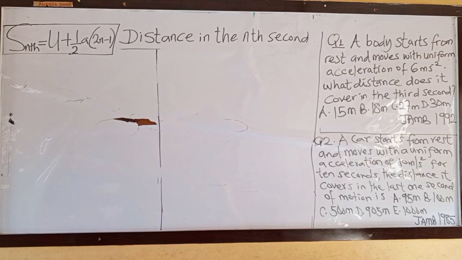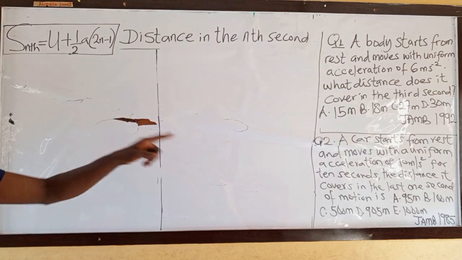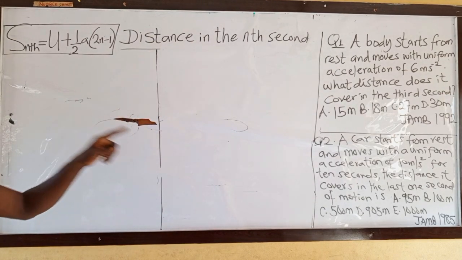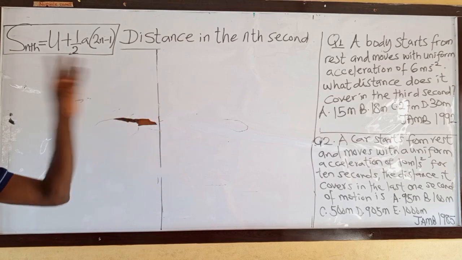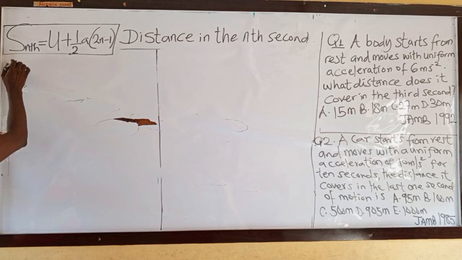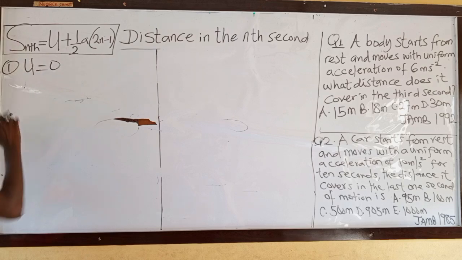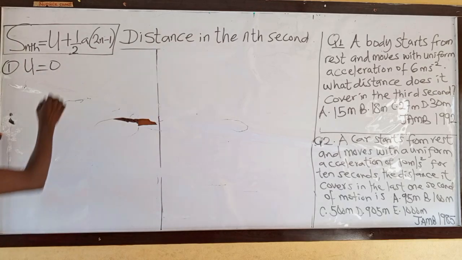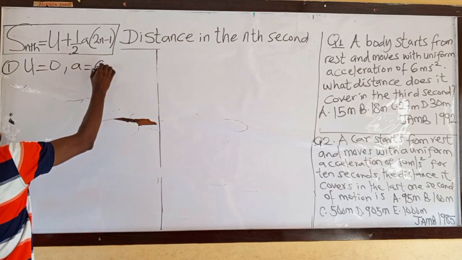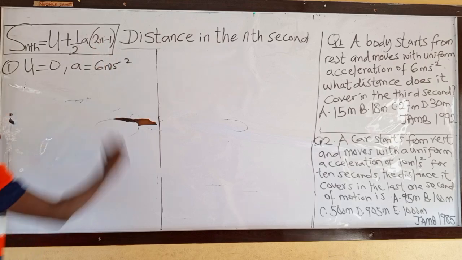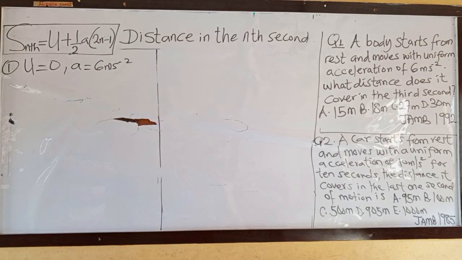Question 1. The body starts from rest and moves with a uniform what now? Acceleration of 6 meters per second square. Whenever a body starts from rest, the value of its initial velocity equals to what now? Is 0. So the first one, question 1, u equals to what now? 0, because the body starting from what? Rest. Then our a is equals to what now? 6 meters per second what? Square. What distance does it cover in the third